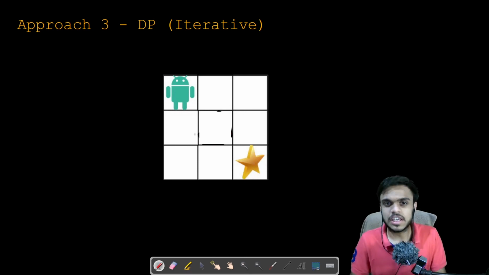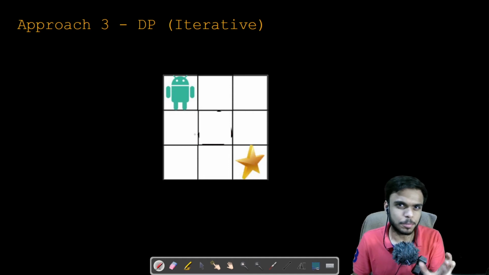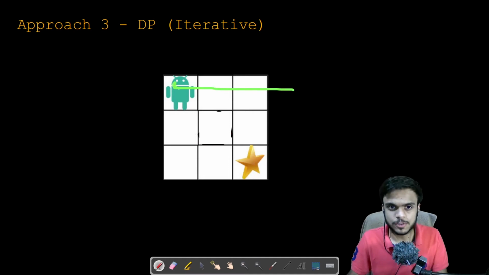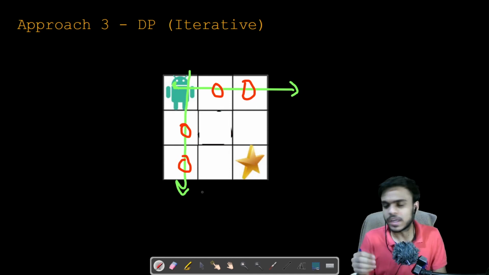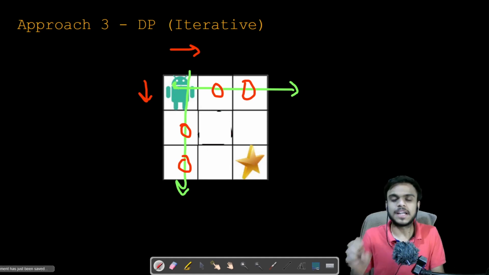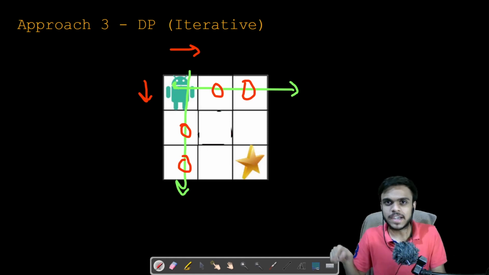Initially, I want you to think of a sub problem, that is, just the first row and first column. There is one observation that I want you to note: if you look at all the cells that are on the first row or on the first column, there is only one possible unique way that you can reach these cells. This is because the constraint we are given is that you can only go right or down. If you are on this row, there is only one way, that is to go to the right. We cannot go down, go right, and then go up.